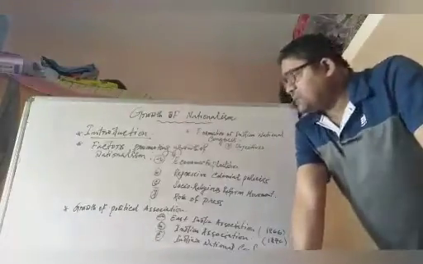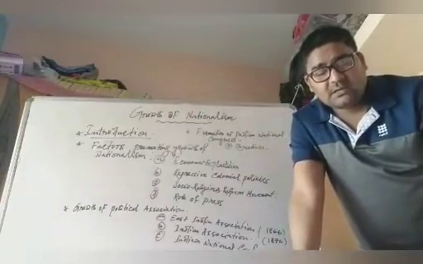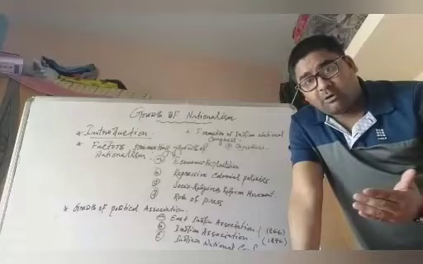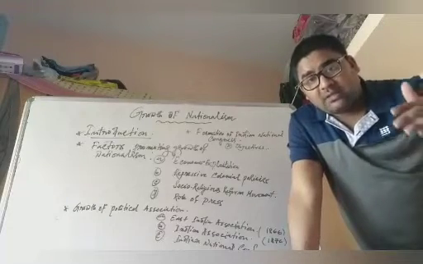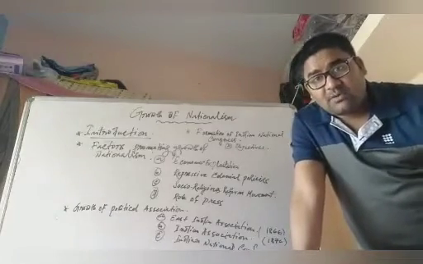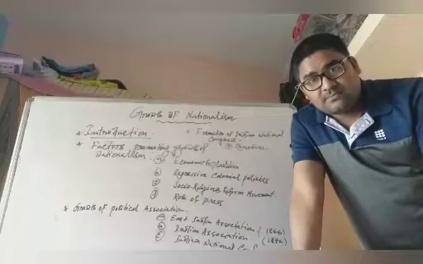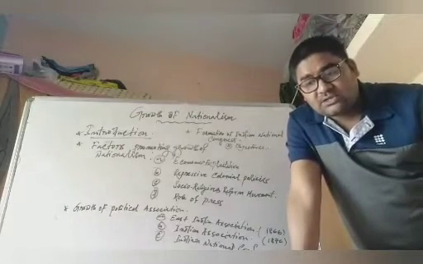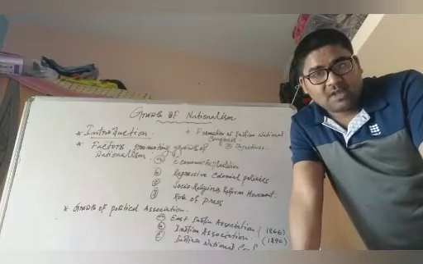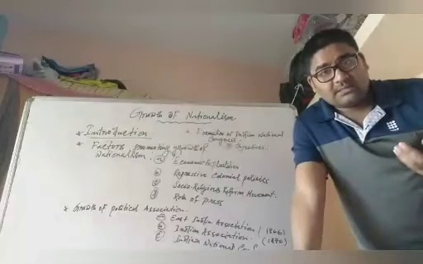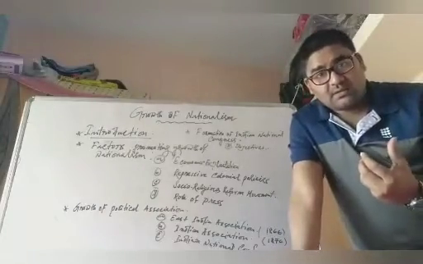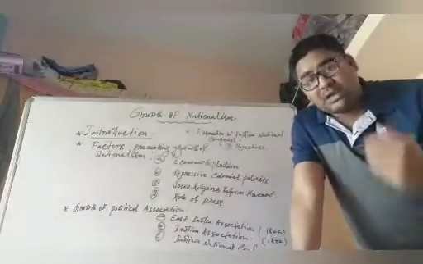But it came to be known later on that the All India Congress became the center of wishes and aspirations of the Indians instead of a British association. Later on, this association became the center of wish and aspiration. And the people started to hope that this association would bring freedom for the Indians.